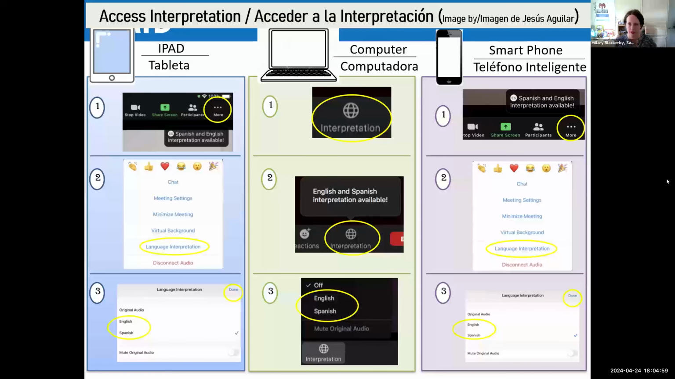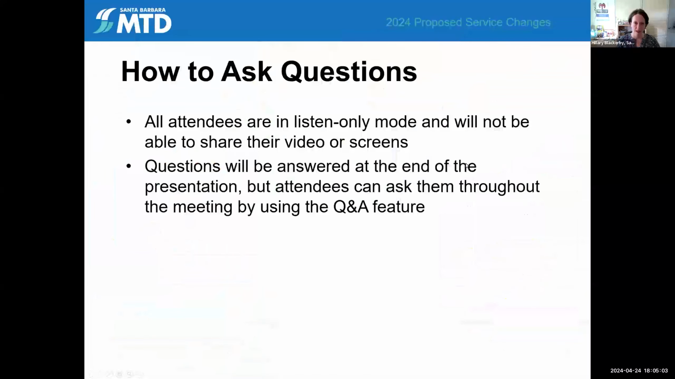Okay, great. So like I said, thanks for coming today. Just one note on how to ask questions. All the attendees are in listen-only mode, and you won't be able to share your video or screens. Questions will be answered at the end of the presentation, so I'm going to get through my slides. Attendees can ask them throughout the meeting by using the Q&A feature. Click on that and you can type in a question. I'm going to try to keep those until the end, but you can put your question in at any time. If it's something that keeps you from understanding the slide I'm on, you can go ahead and ask and I might be able to answer. So with that,